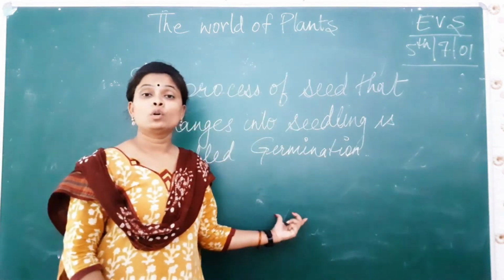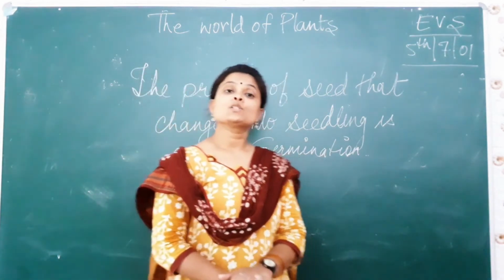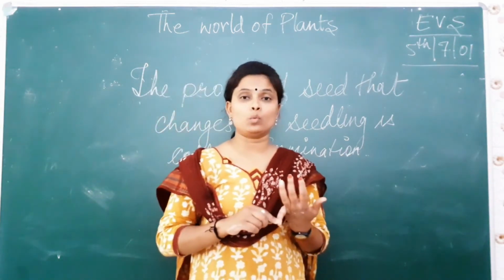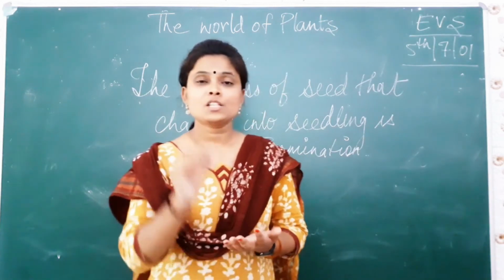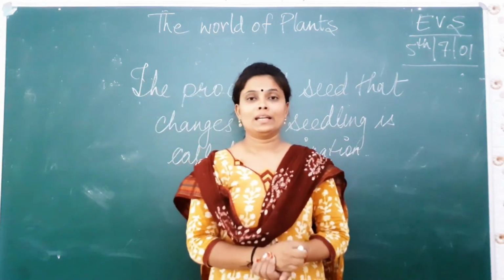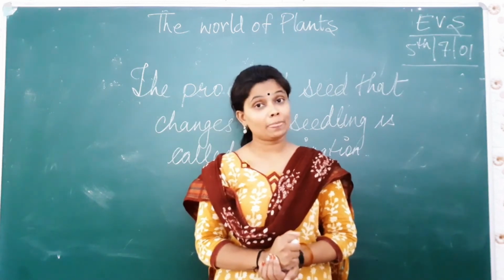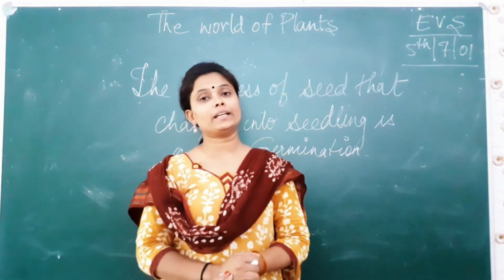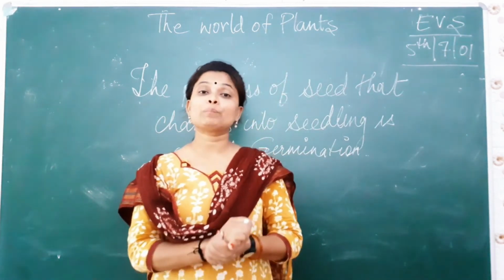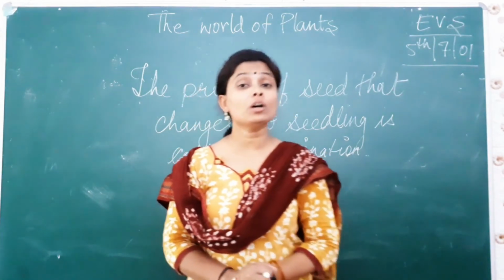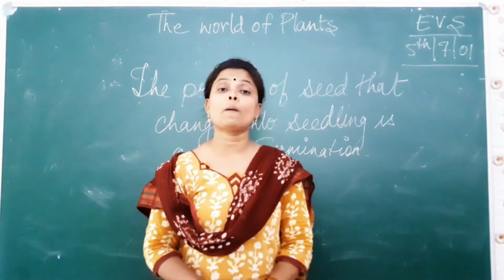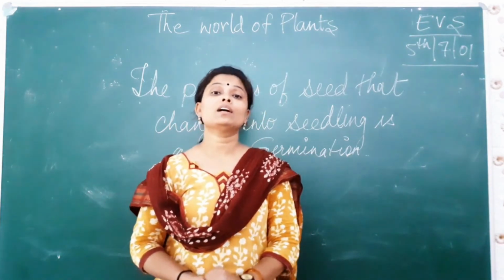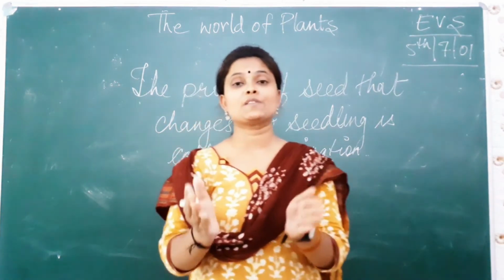Now what do we do? We just buy the seed, sow it into the ground and water it. After watering, in 1 day, 2 days or a week, a small bud comes out and it starts growing. Day by day it increases its height and finally it grows. It is completely grown. How do we know? Suppose we have grown a mango plant. So the mango plant grows into a tree and then the tree has mangoes which give us the fruit.